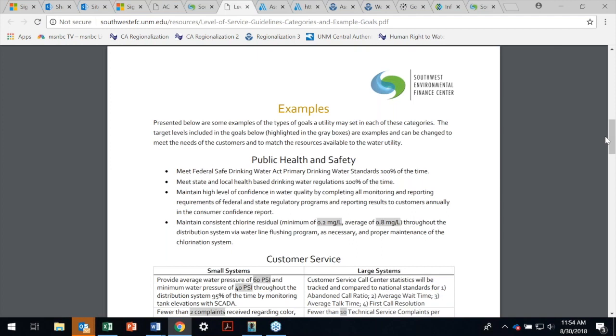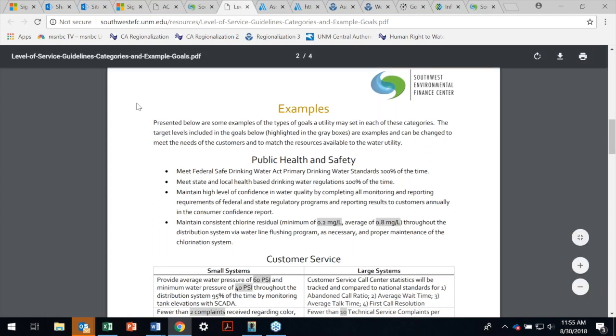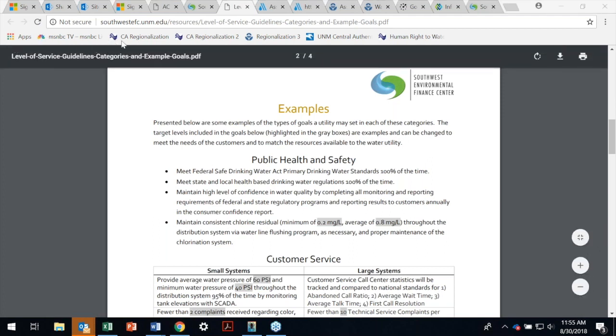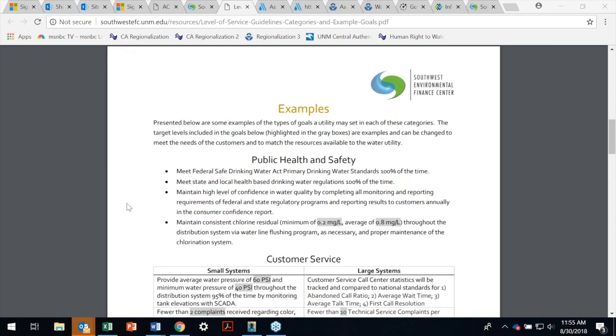And putting these kinds of things above finance. We want to have reasonably priced utilities, but we want to put the overarching goal of public health and safety above cutting costs just for cutting costs. And if your mission was, and hopefully we're never going to see this in our industry, I want to provide the cheapest water in the world, you might be giving up some other stuff if that's the drive or the service level. And so that's why service level guidelines and KPIs are so important, because you have that discussion. What is it we're actually about delivering? And then what is a reasonable price for that?